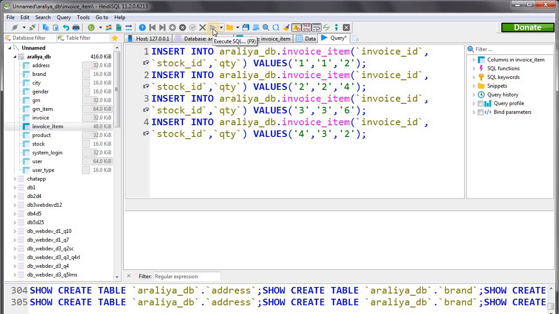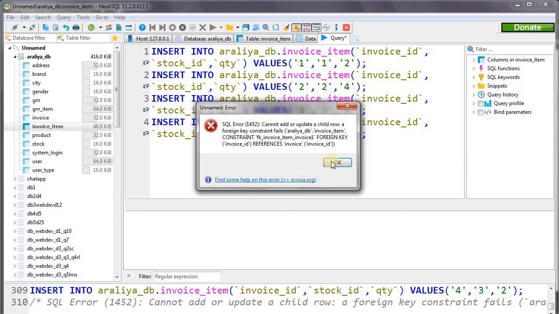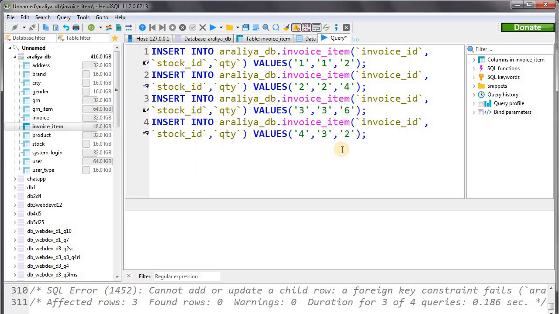Now let's execute these queries. Here you can see, sorry, there's another error again, a foreign key constraint fail. That means there's a foreign key we entered to our query, but there's no value in the foreign table that corresponds with our value in the query. So let's find that one.